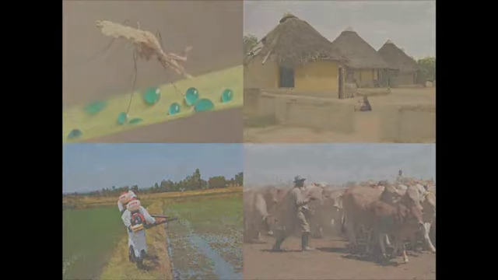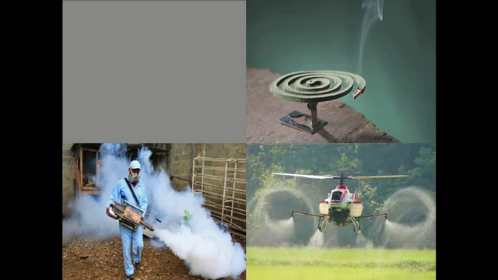Other tools like spatial repellents. This is a mosquito coil, but there's new tools coming online that are passively emanating, so it doesn't require a match or a battery. It just emanates volatile insecticides that can protect within a given radius. Space spray is being explored as a malaria prevention tool, for example, through a study that we've been involved with in Burkina Faso, looking at if space spray is timed at the right time, could it be a tool for Anopheles prevention? And I think there's a growing need to demonstrate evidence in that area.